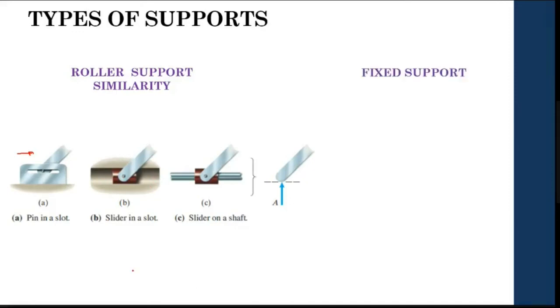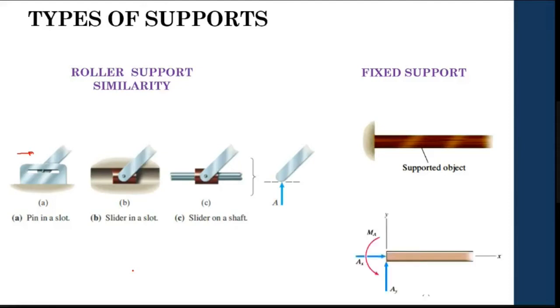Similarly, fixed support. In a fixed support, everything is fixed. Consider you have a window shade fixed in your home, or any concrete slab which is fixed. Whatever force you apply, there is no movement, which means you will have reactions in all three. You have the x-axis, the y-axis, and you also can't rotate it. Rotation we call moment. That is also not possible. So you have reaction in all these directions.